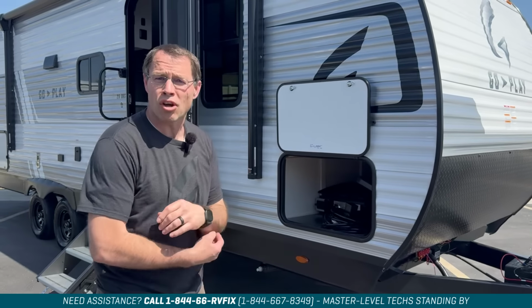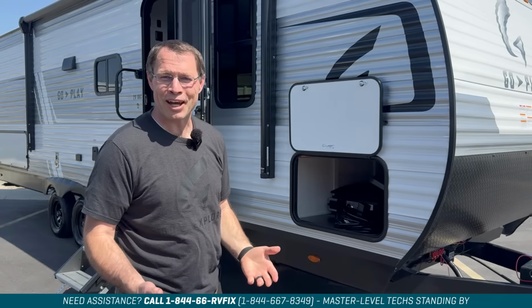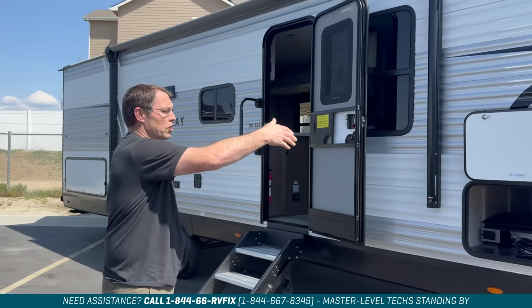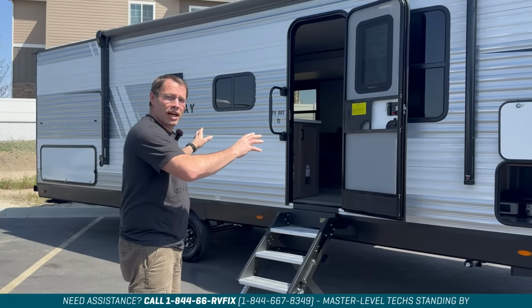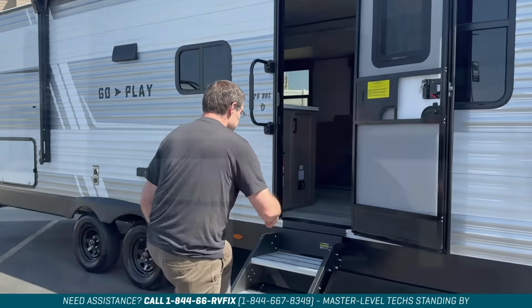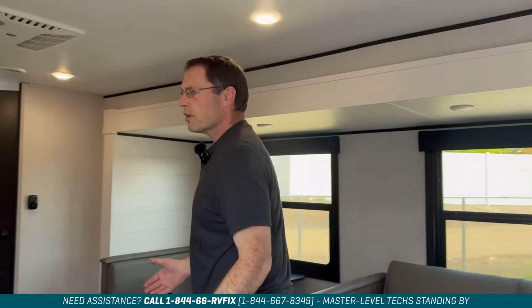So how long can you go on one battery? Again, it really depends on how you use it. Right now, the sun is out, it's charging our batteries, it's operating. We can operate a lot of things inside the RV, like our lights. So let's go inside and look at our lights. Okay, so we're going to turn on our lights. We have our living room lights on, our bedroom lights on. When we're in this RV right here,